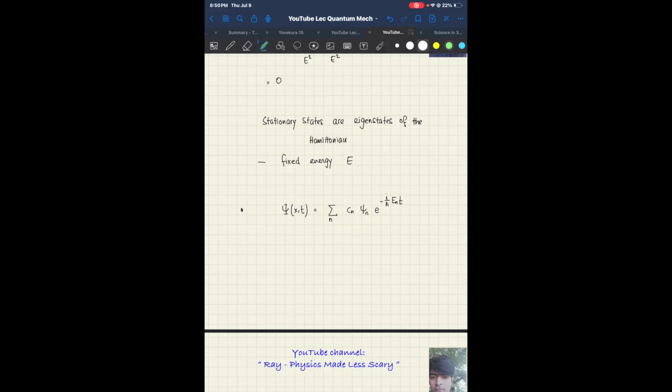So this is the most general solution of your Schrodinger equation, where individually each psi